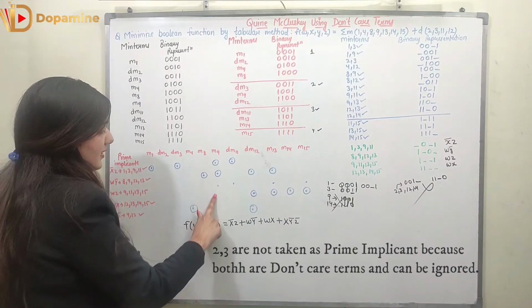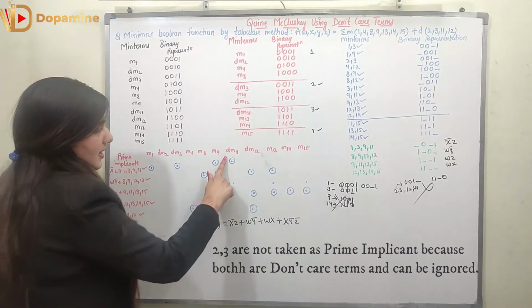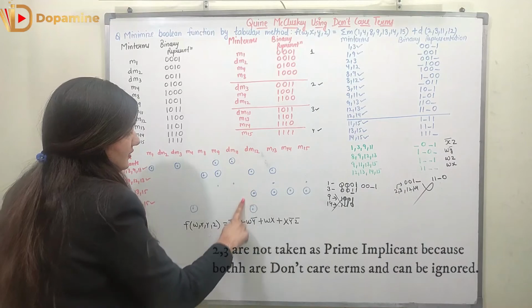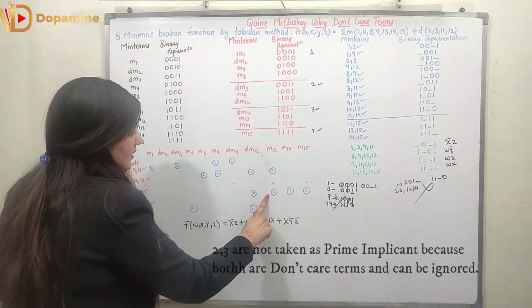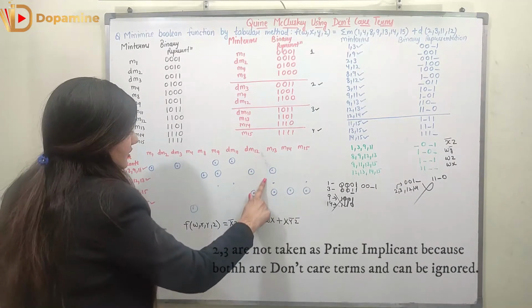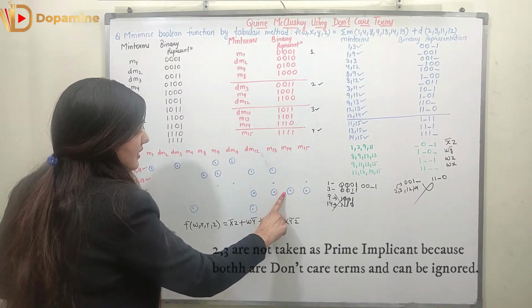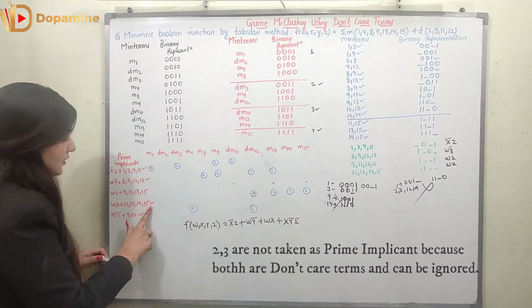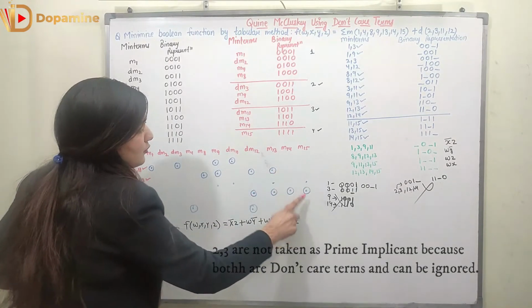M9, we have over here 3 dots, so no tick mark. Here we have 2 dots, no tick mark. Here 3 dots, no tick mark. Here you can see over here we have 3 dots, no tick mark. Here we have 1 dot, right? So here we are going to put tick mark over here, right? So here 2 dots, no tick mark.